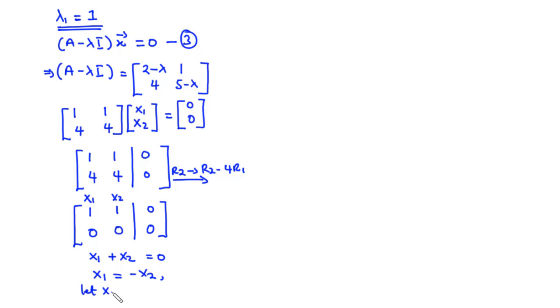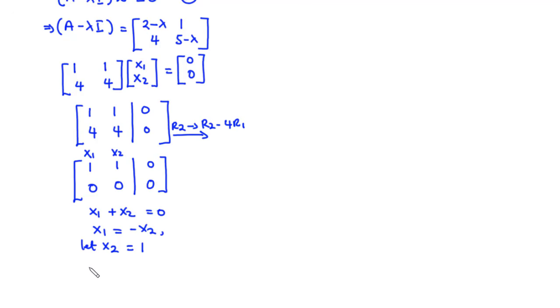So let x2 be equal to 1. Now if x2 is equal to 1, then x1 equals negative of x2, so negative 1, and thus the eigenvector x, which has elements x1 negative 1 and x2 1,